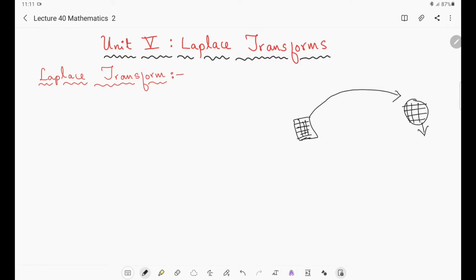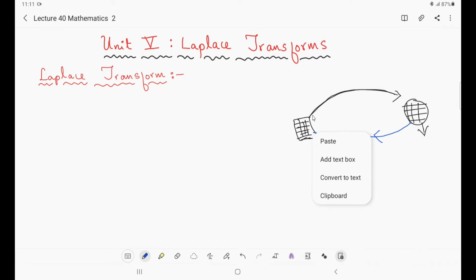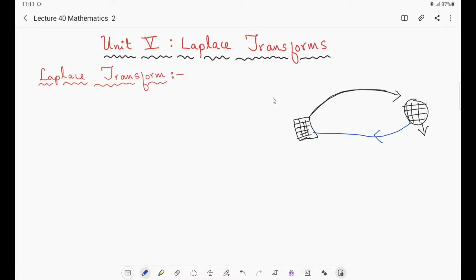Then whatever transformation we have used, we revert that transformation, by taking the inverse of the transformation. Whatever information we studied here, we try to bring that back to here, right? That is why this type of transformation is majorly used in studies.